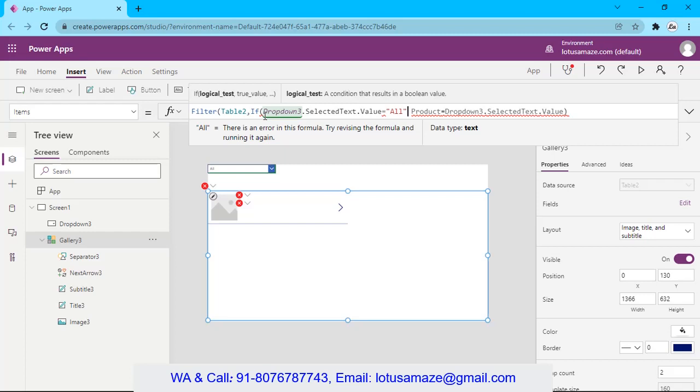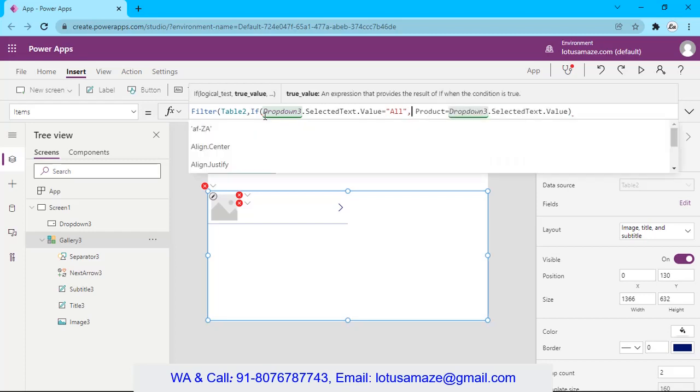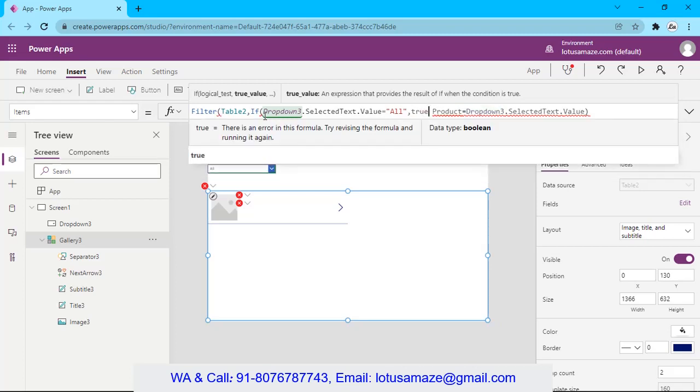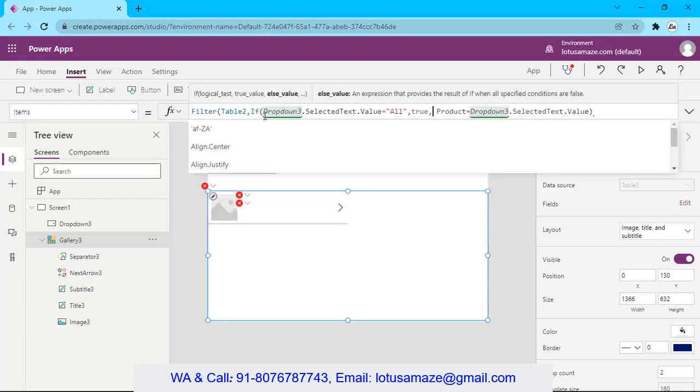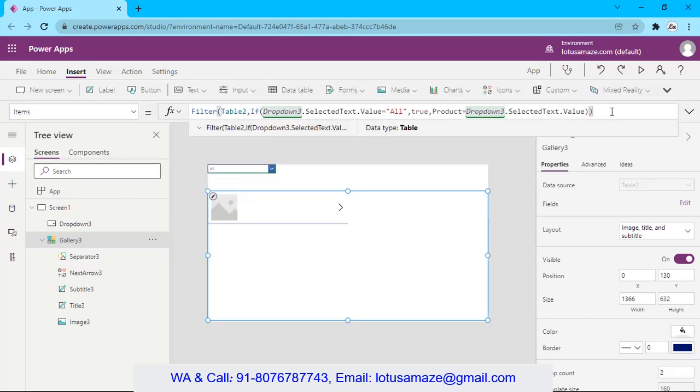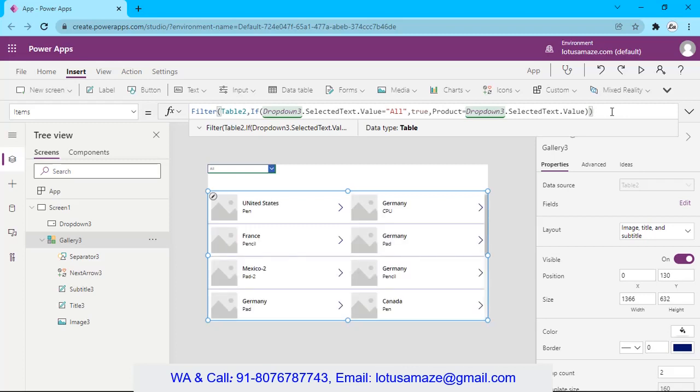If it is true, then second parameter is the true. So when you select all, the true will be passed to the filter function for the product column. It means it will take all records. Then comma in case of the false. In case of the false, it will take the value from the selected drop down.